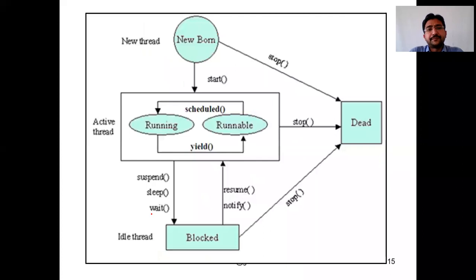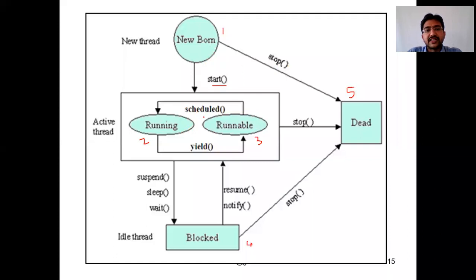I'll show you one more figure here to help you understand. So here the states are born state, running state, runnable state, and the fourth is block, and the fifth one is dead. This is the third figure. Whichever you are comfortable with, all the figures show the same functionality. From newborn to runnable, it goes when start is called, right? So once it goes to runnable,